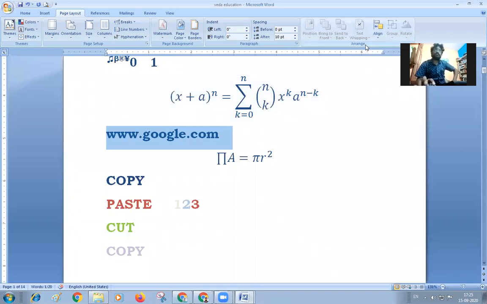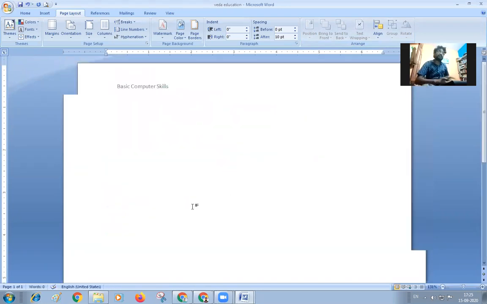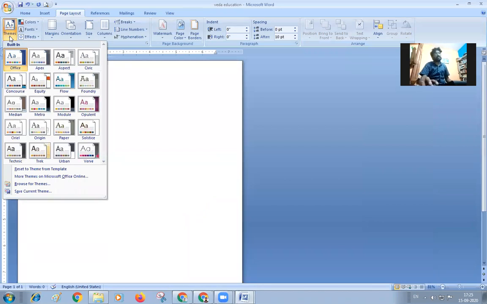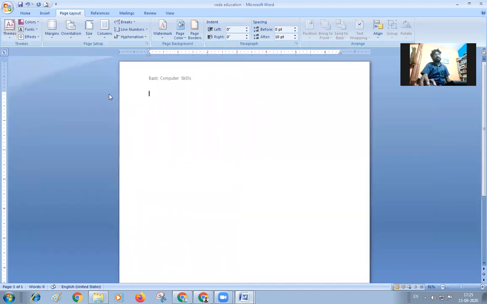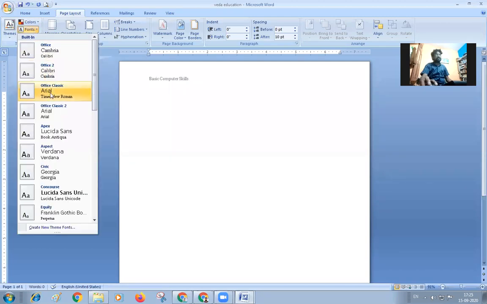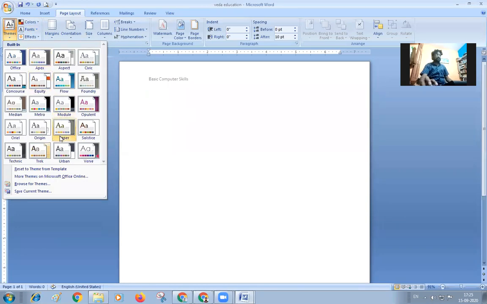And this is called Arrange. It is highlighted only when we have done some operations, for example when we have made some tables or text boxes appear here; then only will this Arrange tab be visible. First I'm removing all the content. If you want to give some themes, I can insert my themes over here. If you want to make the paper look like this, apply these colors, and also apply the font, all these things can be inserted.